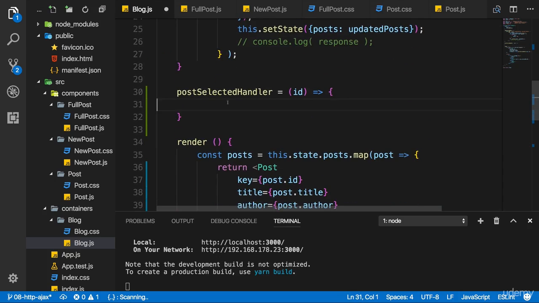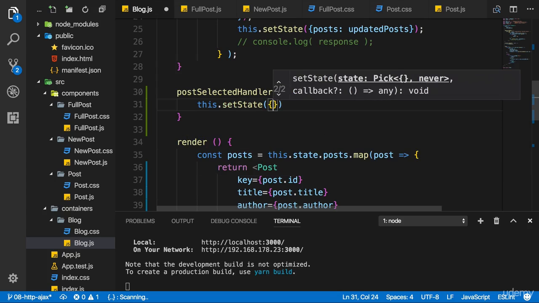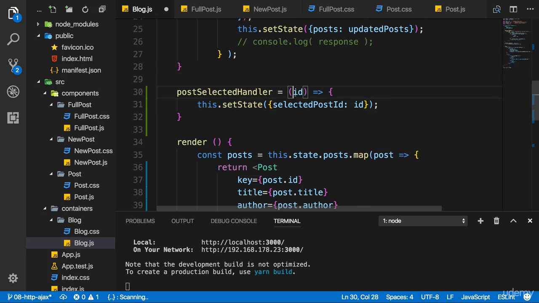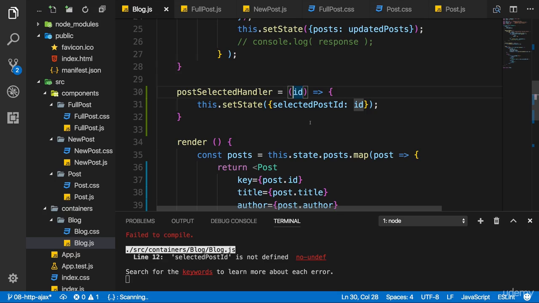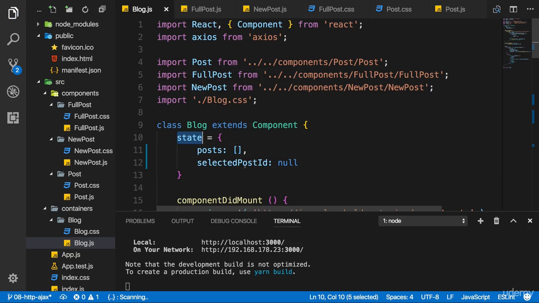And then in the post selected handler, we can call this set state and set the selected post ID to the ID we received as an argument here. So now we're passing that ID to the full post component. And maybe we should also define selected post ID to be an initial null here on the state. So now we added that code.